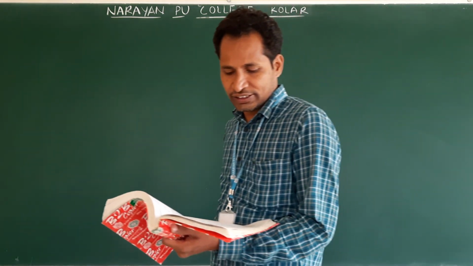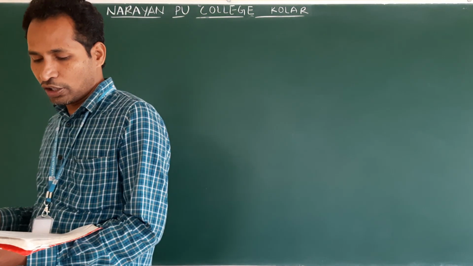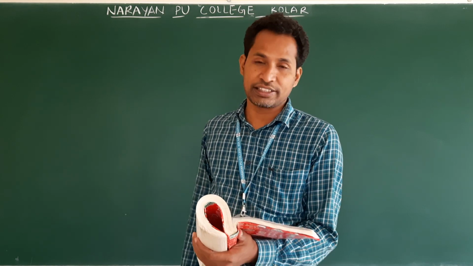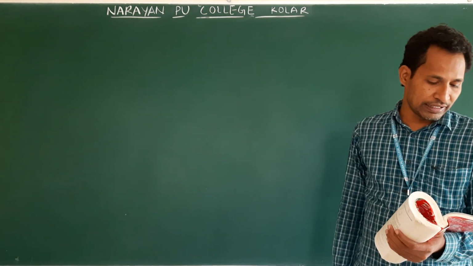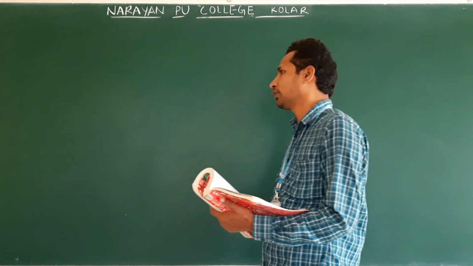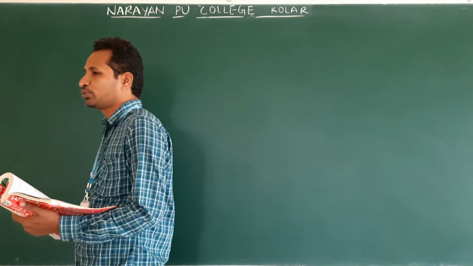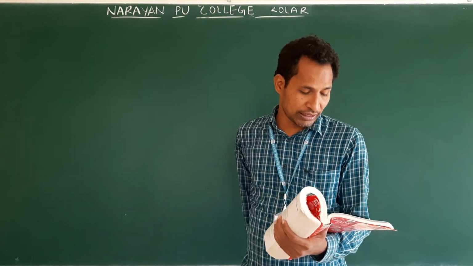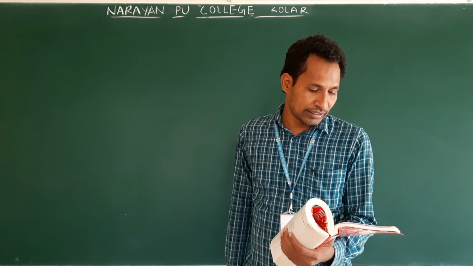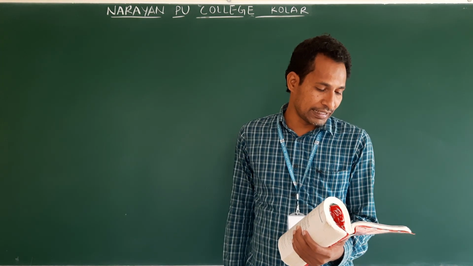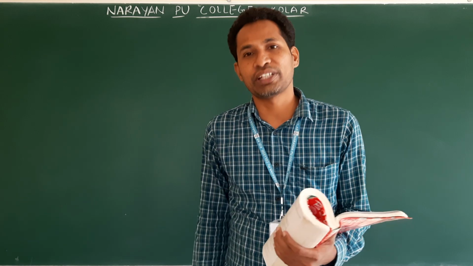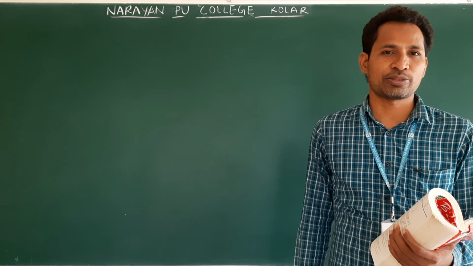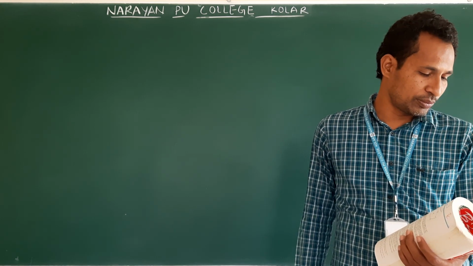Next, state with reasons whether the following algebraic operations with scalar and vector physical quantities are meaningful. This is important. Fourth question. Adding any two scalars, is it meaningful or not? Is adding two scalars possible or not possible? It is sometimes possible, but not in all cases. I mean, in the above physical quantities we mentioned scalars. Temperature is a scalar, pressure is a scalar. Can we add temperature and pressure? Adding is not possible. So it's meaningless.